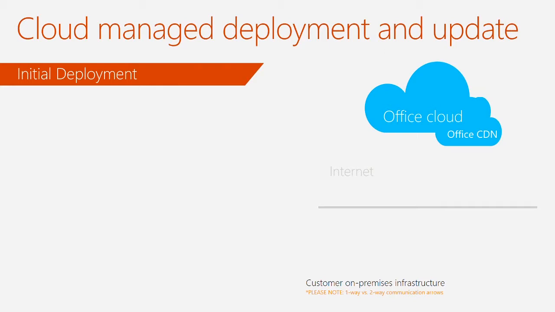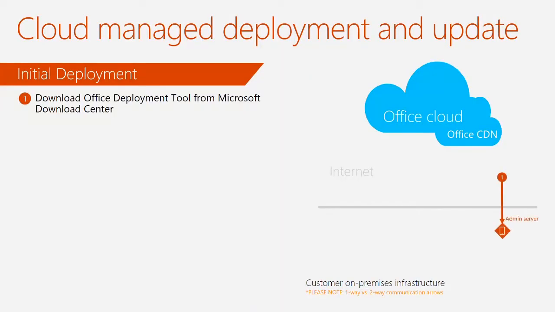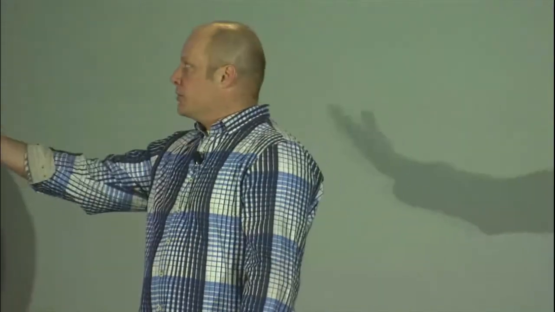If I look at cloud managed, I'll do a simple pictorial, and then I'll come back at the end to when we have used these versus other scenarios. So if I look at cloud managed and update, how does this work? I think most of the people in here are either planning or have done this, so I'll walk through and describe a little bit of detail. What do we do on an initial deployment? Think of an initial deployment as a customer or an end user who has Office 2007 or 2010, and I'm doing the first time install on a machine. So that's the initial install.